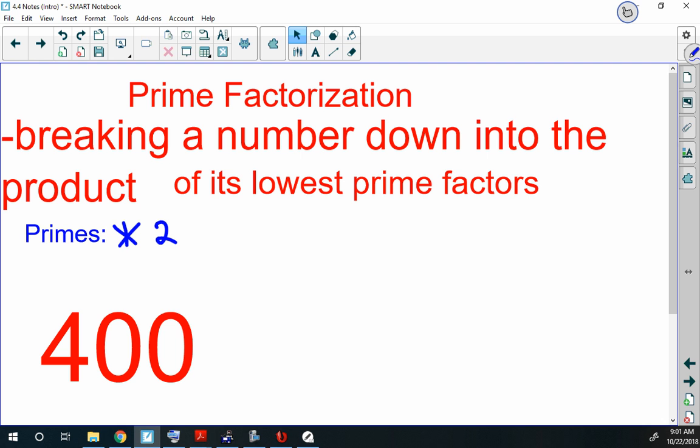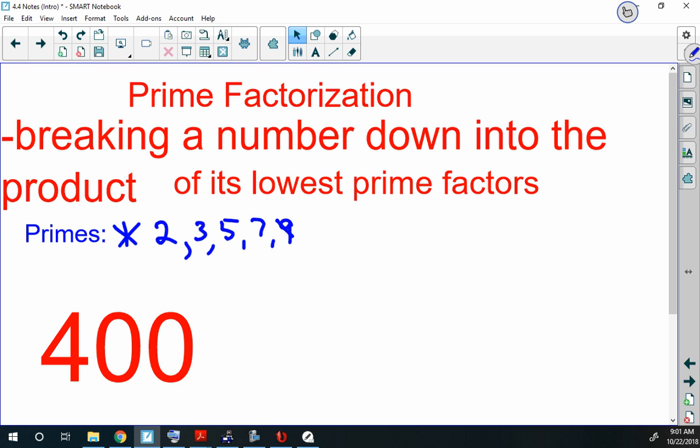Prime numbers, by definition, are numbers greater than 1 who are only divisible by 1 and itself. That's weird for a number to be a who, but anyway. By definition, primes are numbers divisible only by 1 and themselves. So 2's prime, 3's prime, 4's not, but 5 is. And then what's the next prime after that? 7, and then